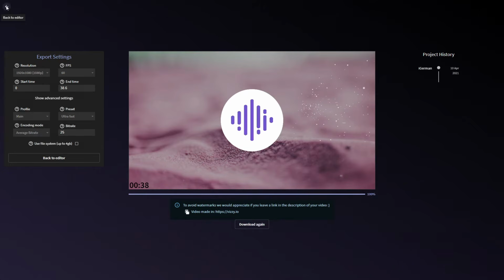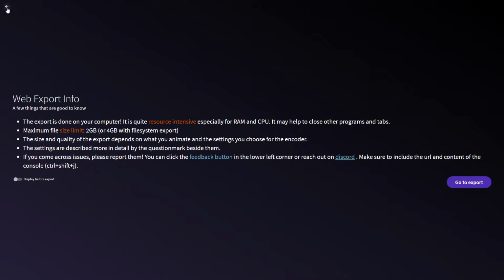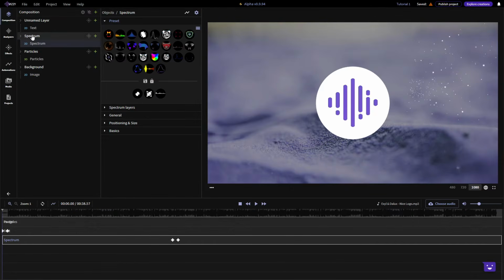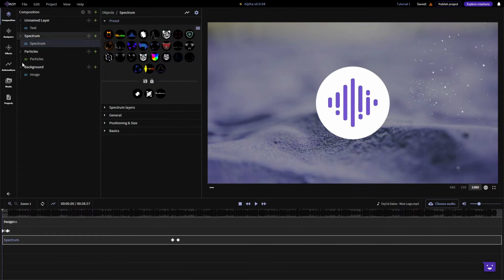So let's get back to the project. Let's just hit back. This is a small bug here where you have to click back 3 times. So when you're done rendering, you can just close out the editor, and that's all you need. But let's say you opened it again and you want to render a different song. You can choose the song you want in here. So you press this button and you can choose any audio file.